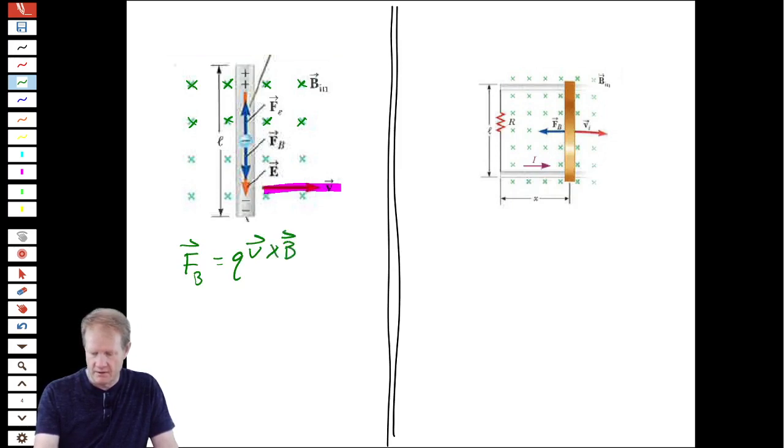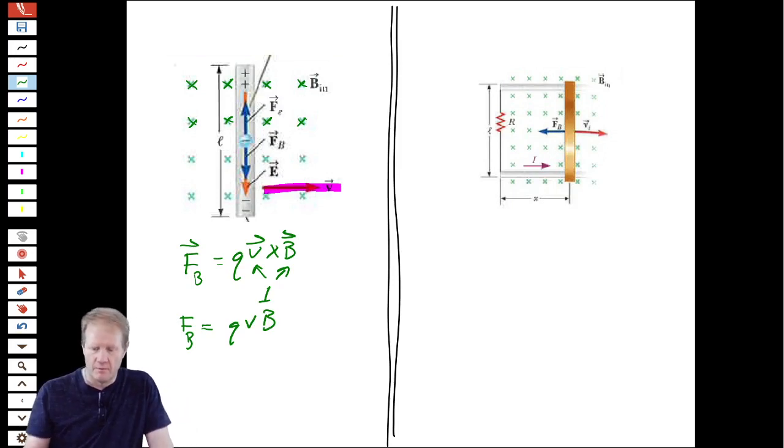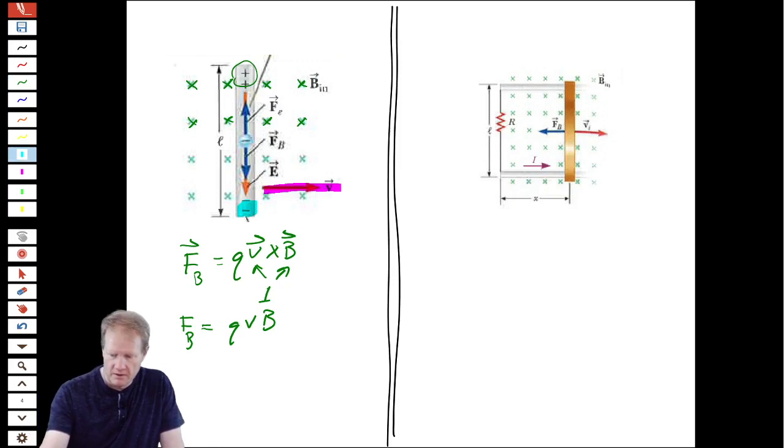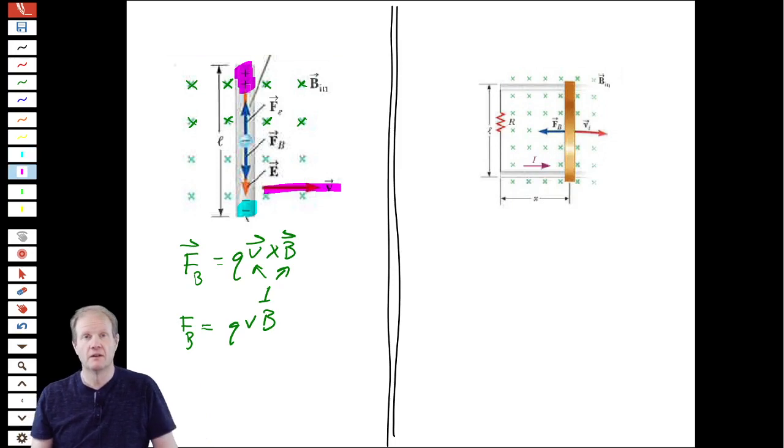Now those are perpendicular. And so the magnitude of the force on those charges, that'll actually be the electrons, will be q times vB, since those are perpendicular. Now that's going to cause a positive charge to build up at the top, up here, and negative charge to build up down here. And so these charges will set up an electric field. So more and more charges will pile up on the ends, except that too many of them there starts to create an electric field that